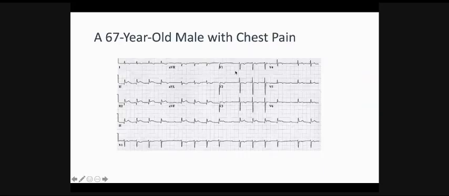All right, next is a 67-year-old male with chest pain, and let's go over this quickly. And again, we'll go systematically: the rate, rhythm, and axis, and then the P wave, the QRS complexes, and then the T wave, and then the intervals. If you have a final diagnosis, you can code it at that point. And